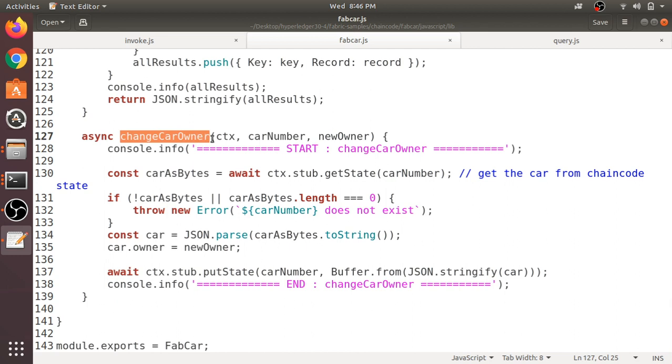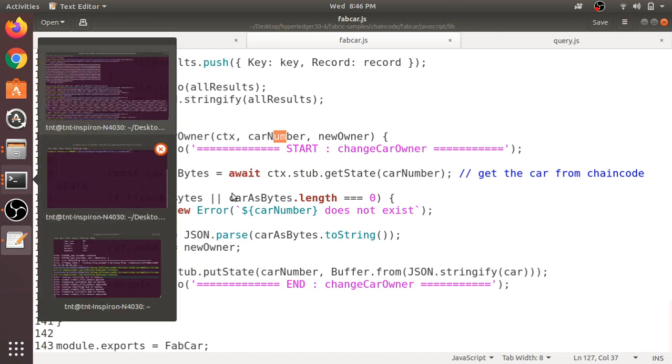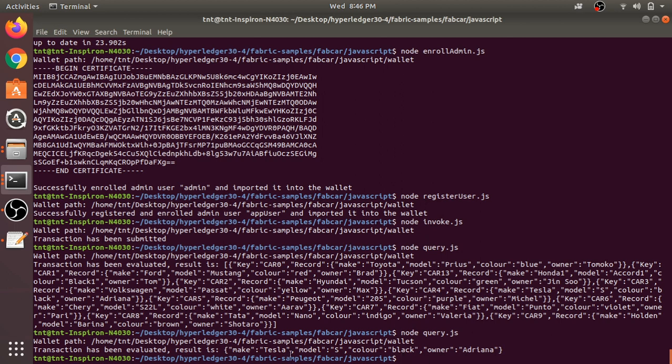In the Fabric chaincode, you have a function changeCarOwner, and you have to pass two arguments. The first argument is the number of the car, and next is the details of the new owner. So we can change the owner of our car 4. It is given that the owner of the car is Adriana. We can change it to Tommy.